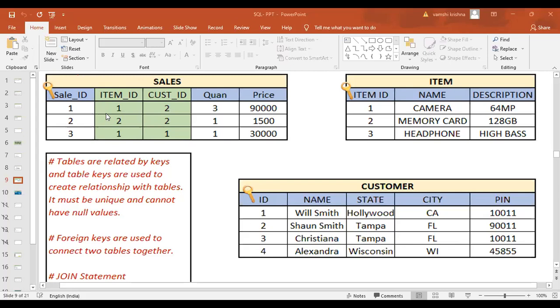Tomorrow, let's assume I have created a Will Smith table. The story will be different. So in a similar case, if you want to know how much camera has been sold, the camera will become the foreign key, right? Exactly. Anything that is not original would be a foreign key. Clear so far, guys?